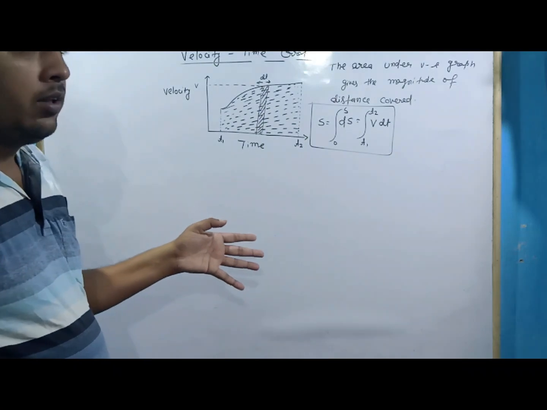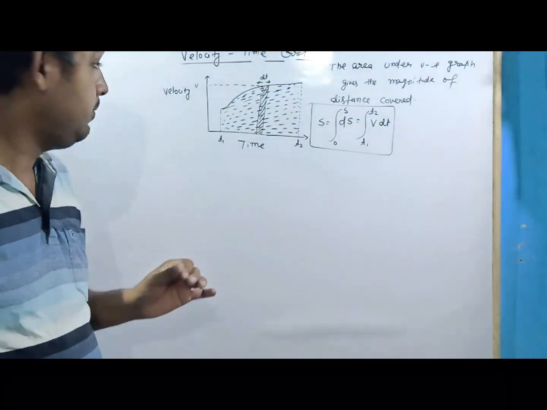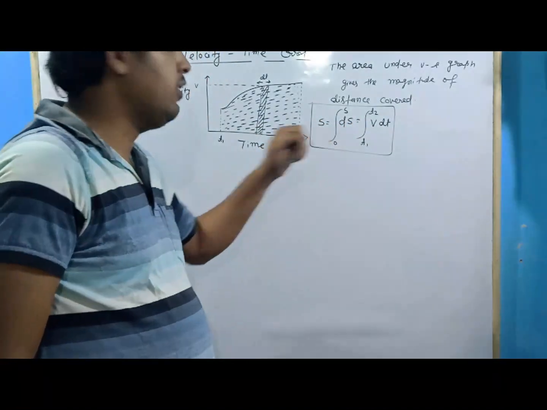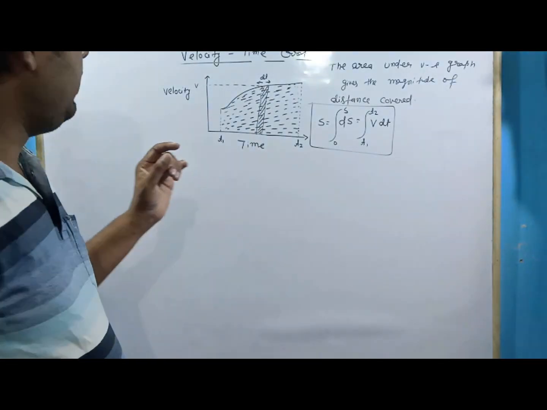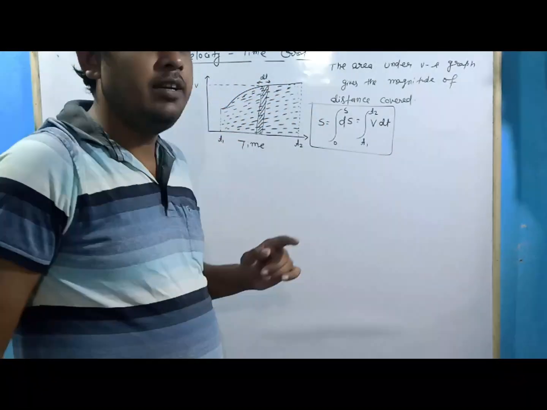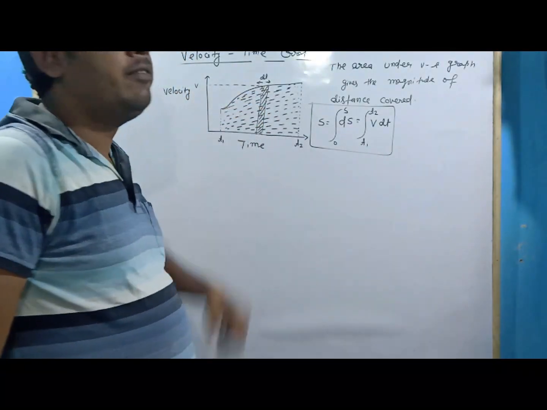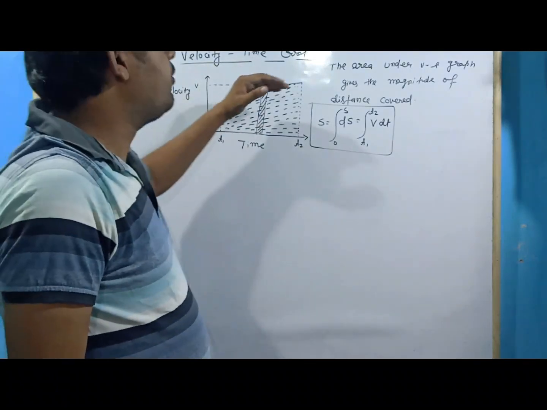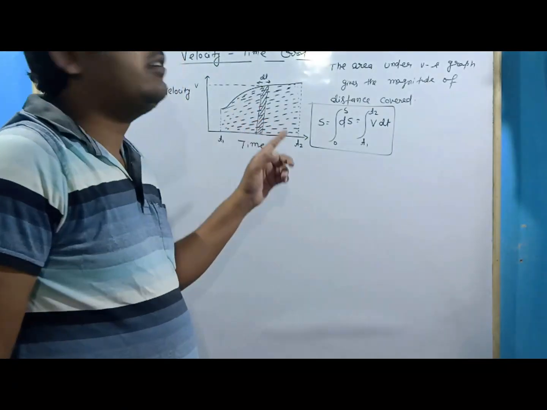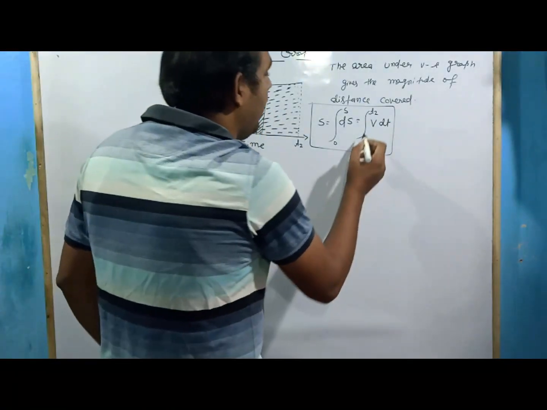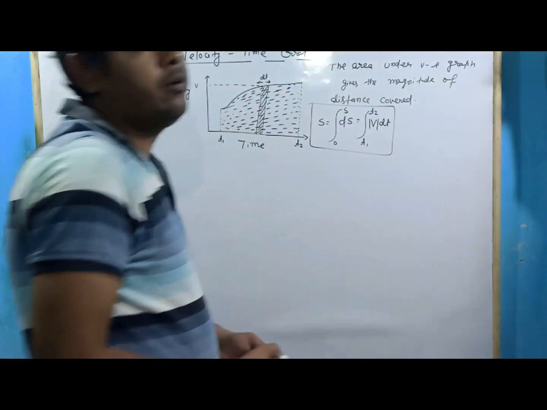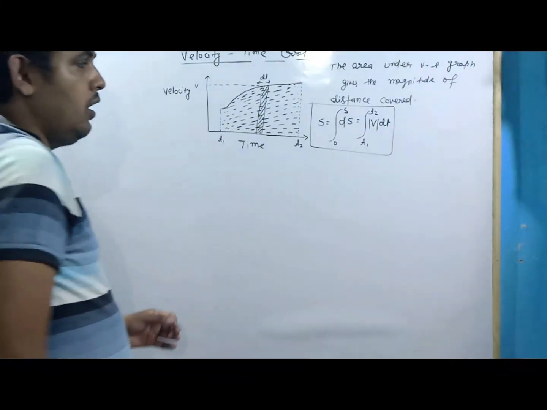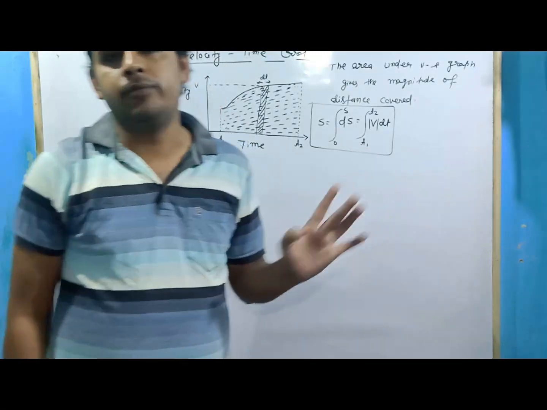Now in some cases what happens, basically, in this equation which we are integrating from t1 to t2, suppose the velocity becomes negative. In that case one term will come positive and one term will come negative. If I have to find the displacement, what will I do? I will keep the positive as positive and the negative as negative. But if I have to find the distance under that time interval, I should take the magnitude of velocity to be the mod of velocity. If I take the mod, then I will get the distance. If I do not take the mod, then I will get the displacement.